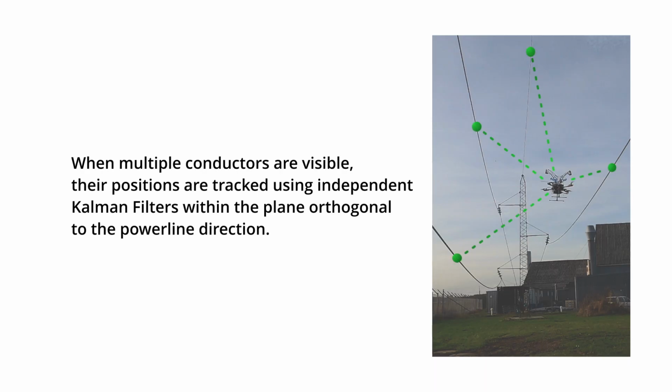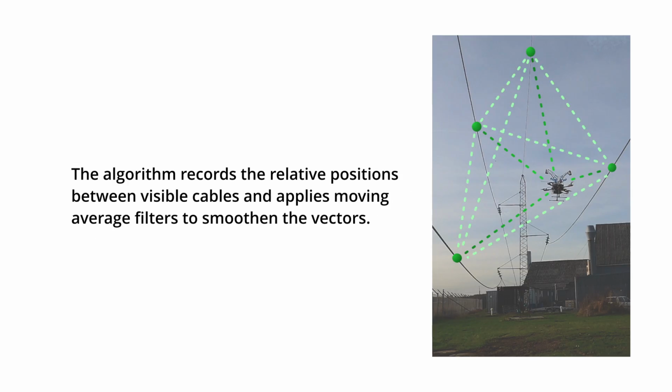When multiple conductors are visible, their positions are tracked using independent Kalman filters within the plane orthogonal to the powerline direction intersecting the current drone position. The algorithm computes the relative positions between visible cables and applies moving average filters to apply smoothing to the translational